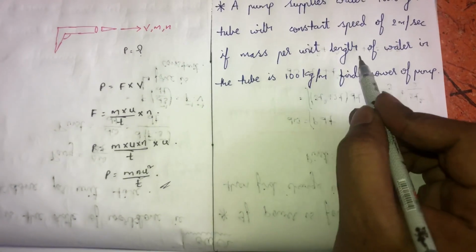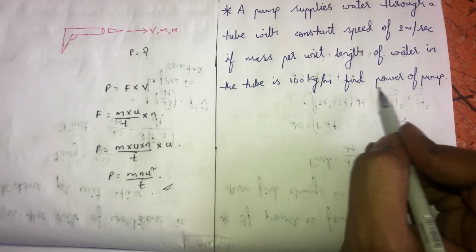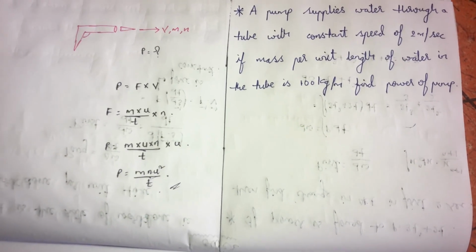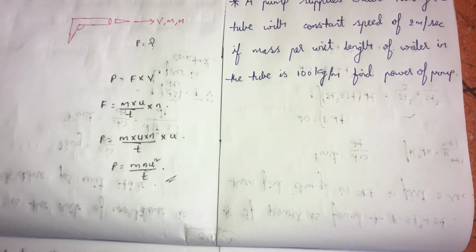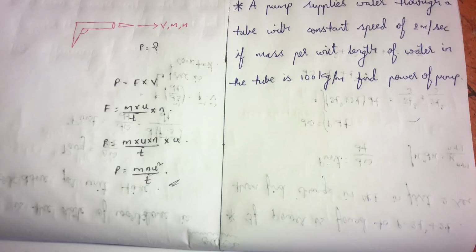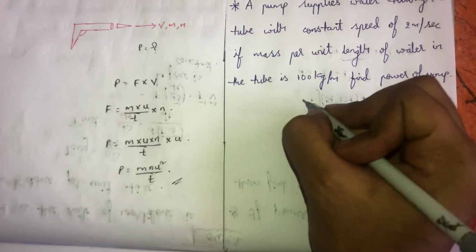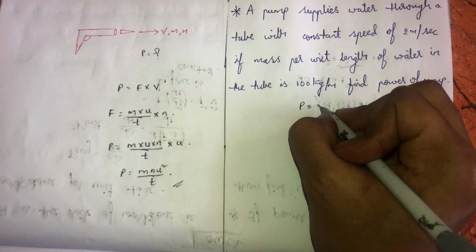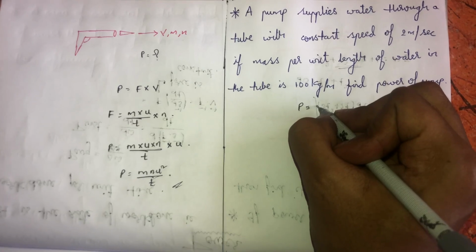If mass per unit length of water in the tube is 100 kg per meter, then find the power of the pump. In the previous situation I said mass per unit time when the water is released out of the pump with a velocity v, but here in this condition they said mass per unit length. So power is equal to F into V, where F is equal to m times dV by dt. Then we will get